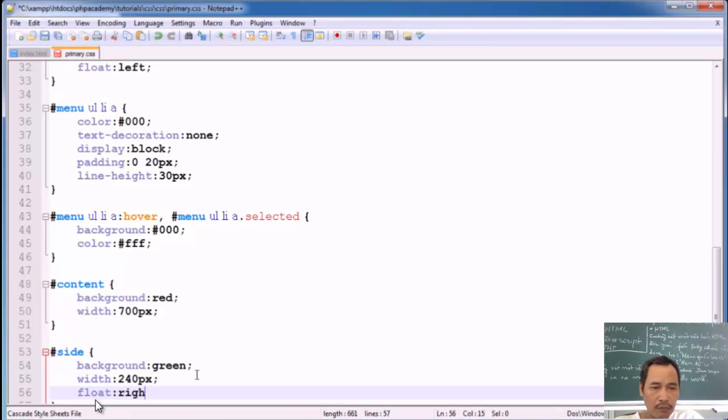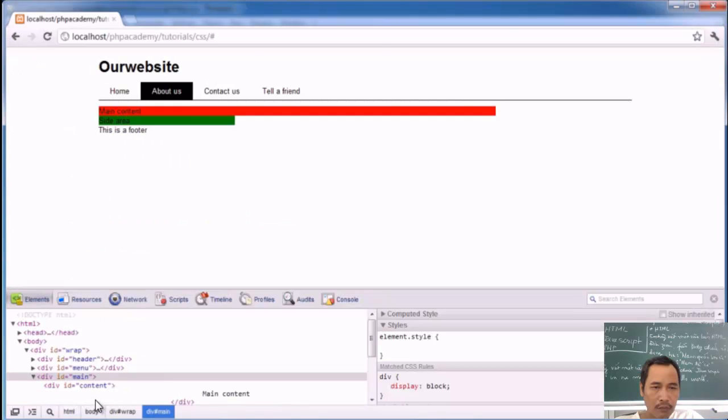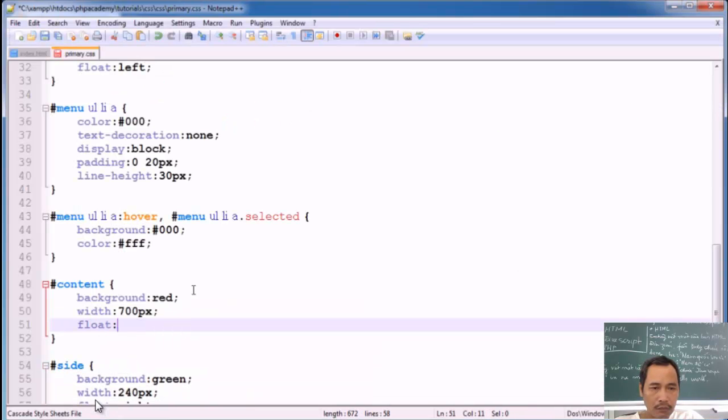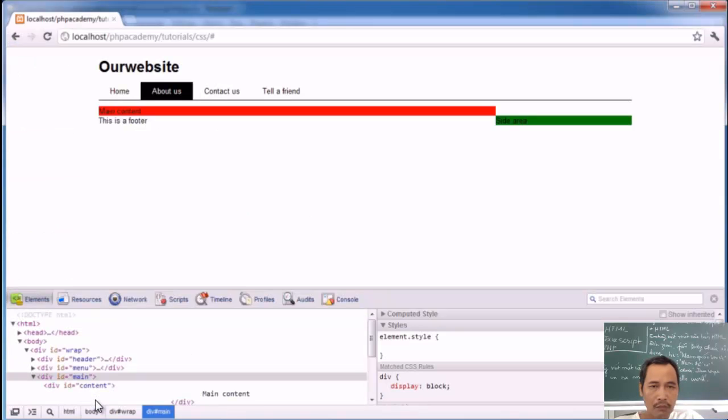Let's say float right. And you'll see that that has moved. Actually, we might have to go ahead and float this left. Yes, there we go, perfect. So we now have a main content area on this side, and we now have the side area on this side. Now, let's go ahead and add some padding to the main content area, because obviously we don't want our